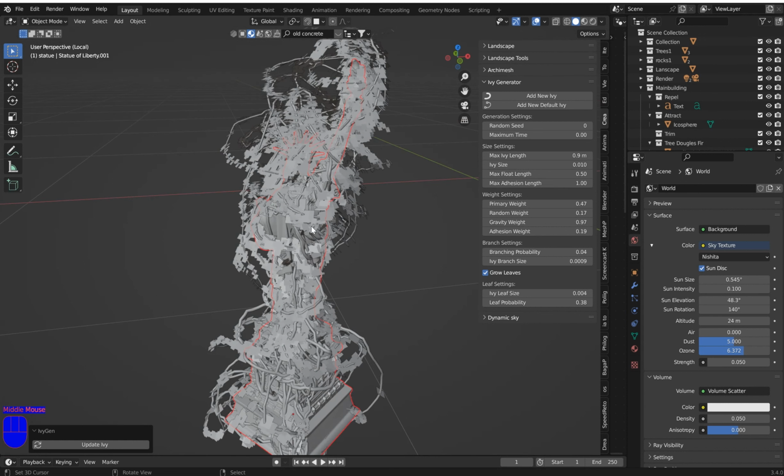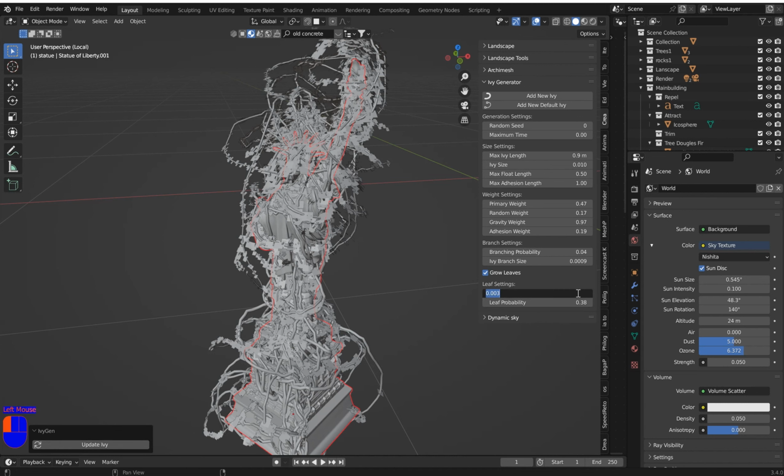Now the leaf size is kind of big, so I'm going to click on the leaf size and bring that to 0.003, and then I'll update the Ivy. And you can do that with any of these settings. Maybe a good idea, slow PC, do them one at a time. And I'm going to bring that down a little bit more, 0.002, and I'm going to hit enter there, and